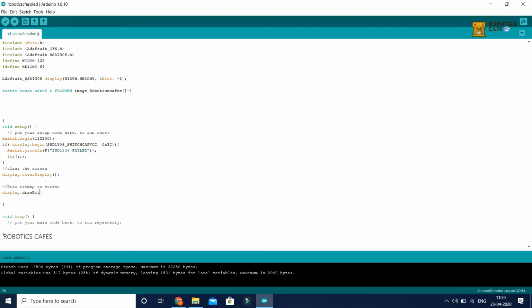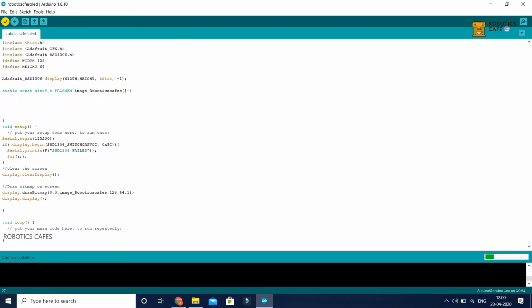In the arguments of this function, we have to initialize its position, which is 0, 0, the origin position, and then the data name, which was image_robotics_cafe, followed by the color, where 1 indicates white color. Instead of 1, you can also write WHITE in capitals, but I am using 1 only. Then you can display the final bitmap using the display.display function.